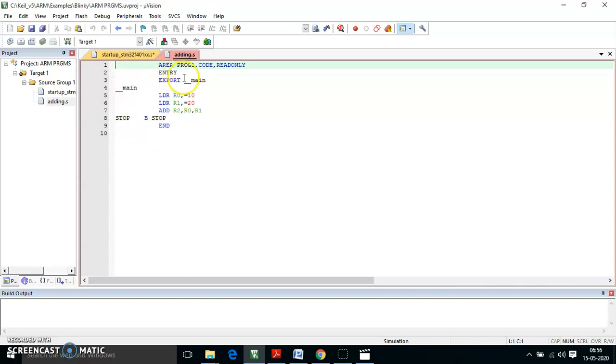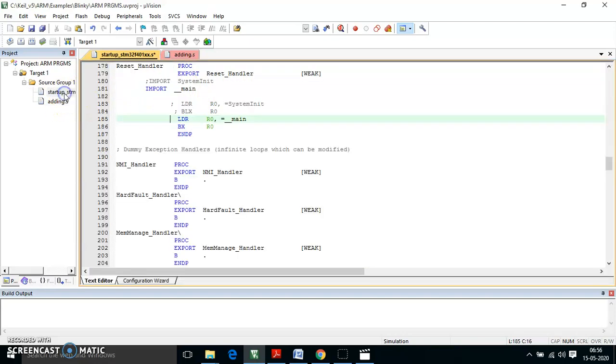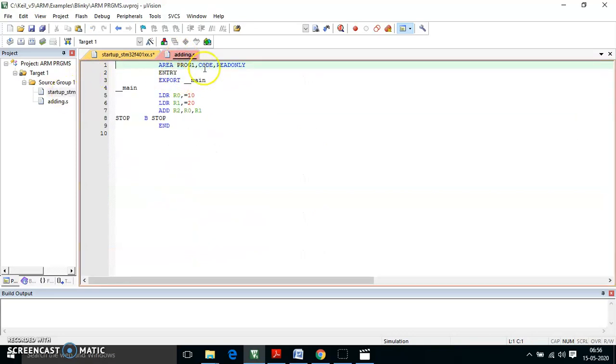Now here, this is the entry point of the program, and this indicates the export from the source code file. Here we can see that underscore main is given. Initially it will be start or any other name. Whatever name is given here is being copied here. So it is imported to the .s file, or we can say exported to the source code file. The file name here is given as underscore main, and the same thing is reflected here as underscore main. So this is the way of writing the program. We have the first three lines indicating the area of the memory, the nature of the program, and an entry point, export, and then the program code follows, then the end of the program.